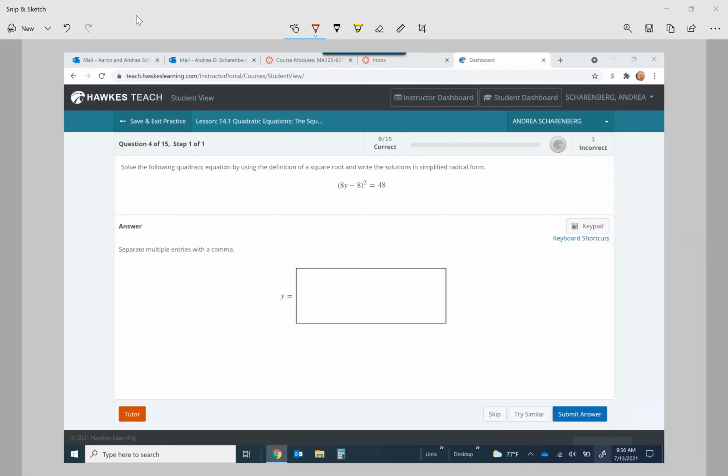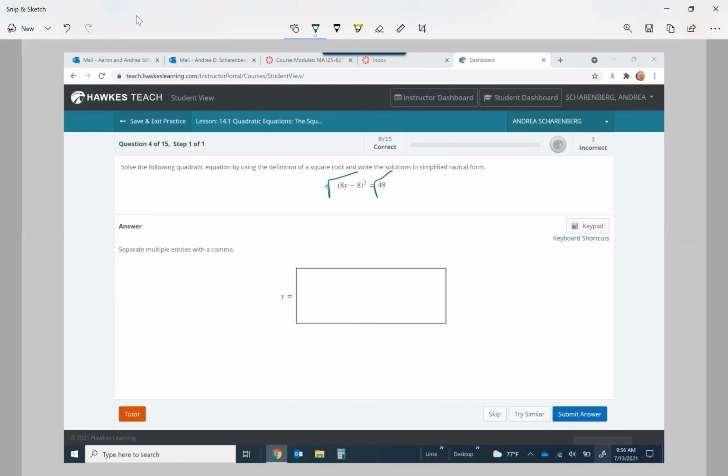Okay, this is lesson 14.1, quadratic functions using the square root method. And I tried to pick a problem that was a little bit more challenging. So what we're gonna first of all notice is that this side is squared and this side is not squared. And so in this lesson, they're teaching us the square root method, which basically means we're gonna take the square